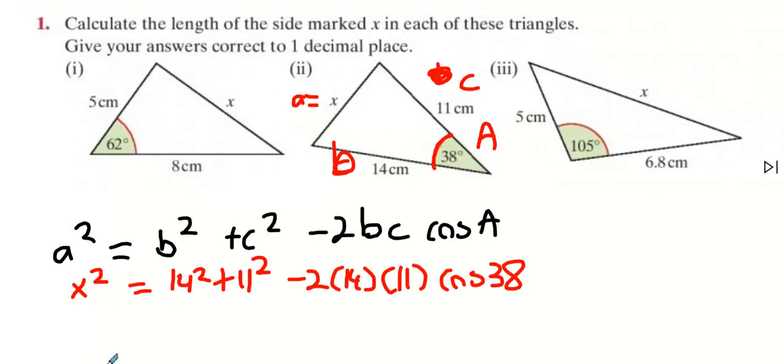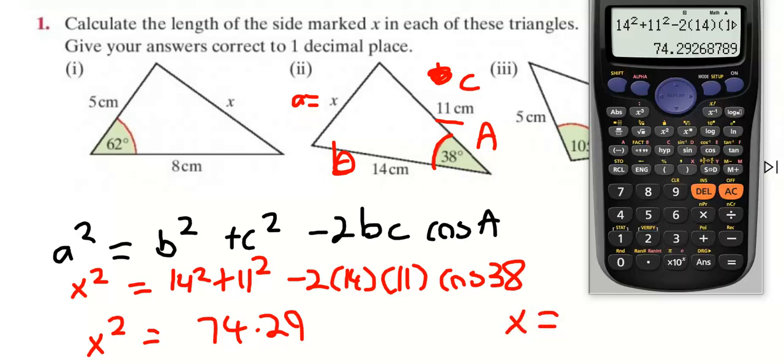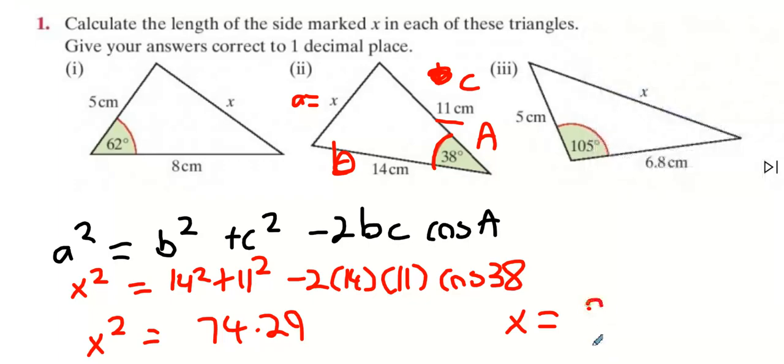Now, if you're asking me, 74.29 seems a bit on the large side, considering the other two lengths are 11 and 14. So we obviously forgot to square root it, didn't we? So square root it. Square root your answer. 8.62. Okay. Will you guys try part